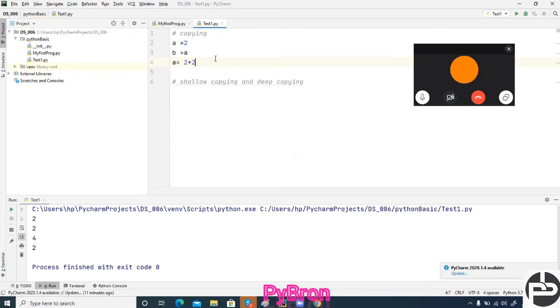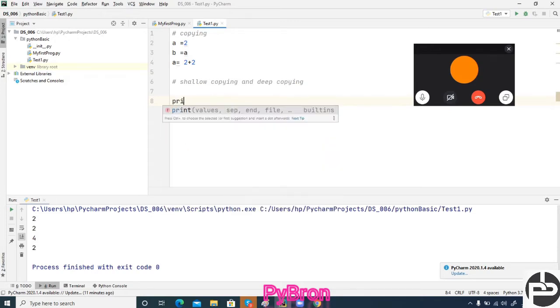I am doing that here. Okay, and if I am adding in A, it will affect B also, no doubt at all. So this concept is known as a kind of shallow copying, meaning if we are adding in A and the effect is going to B.